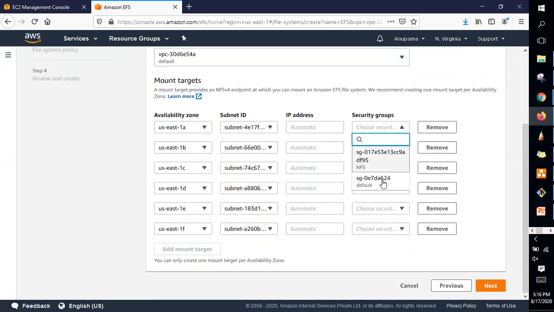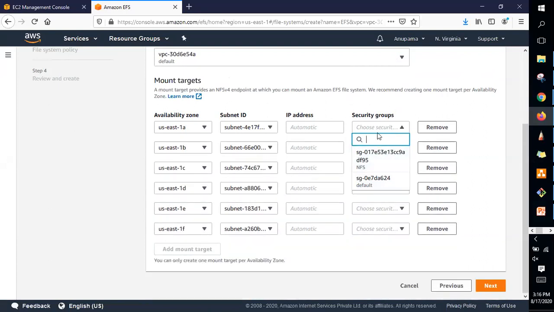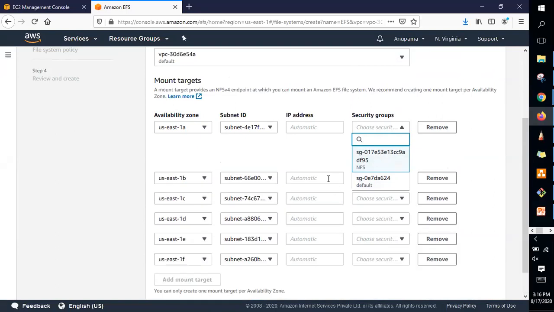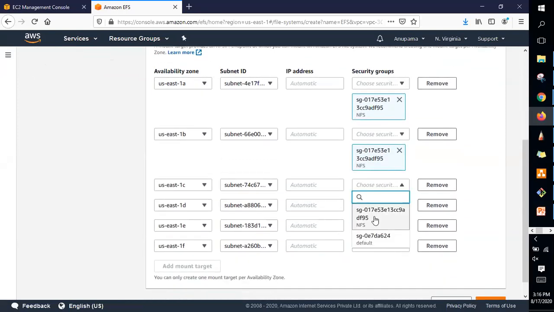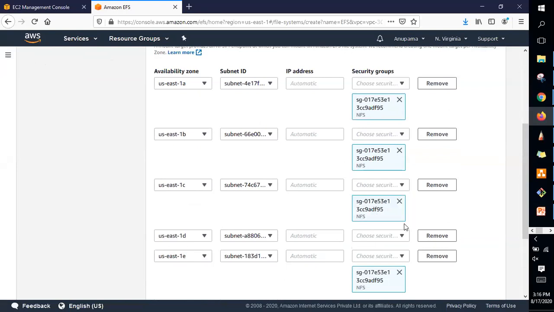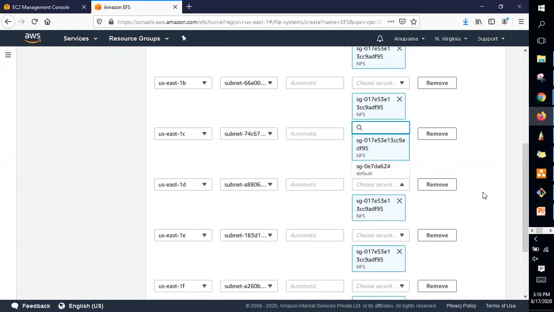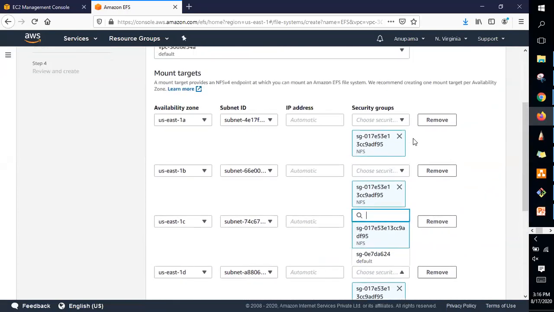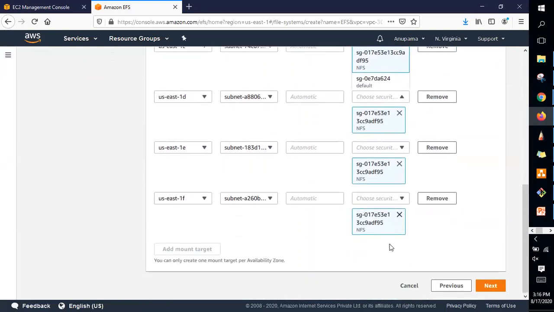Select the NFS one. Selection is a little confusing, but you can just select like this. Make sure you have this NFS protocol enabled for all availability zones.